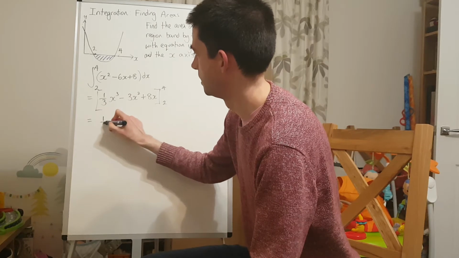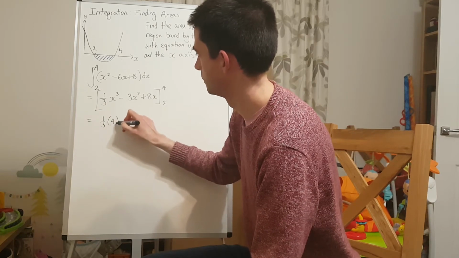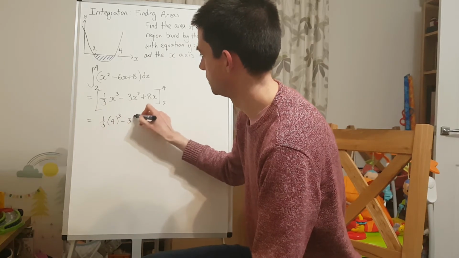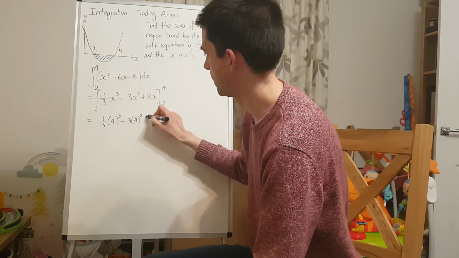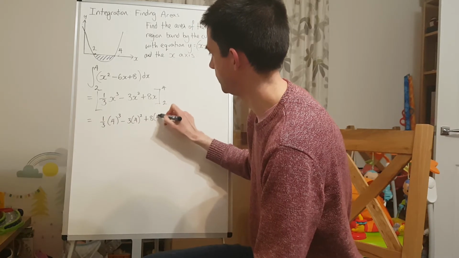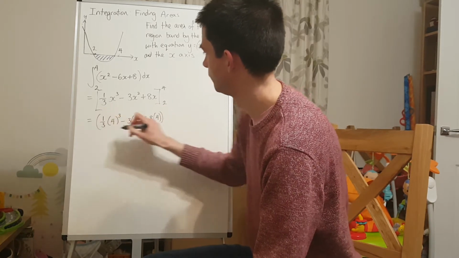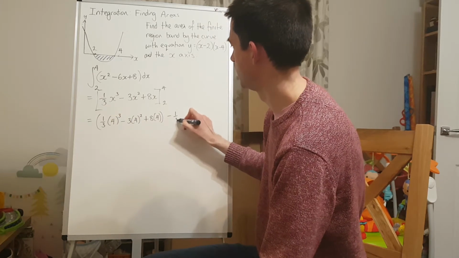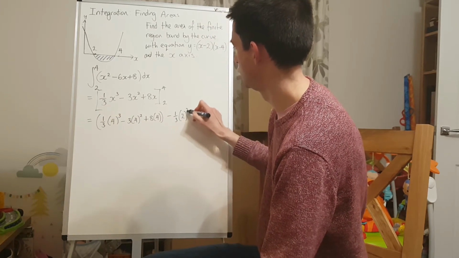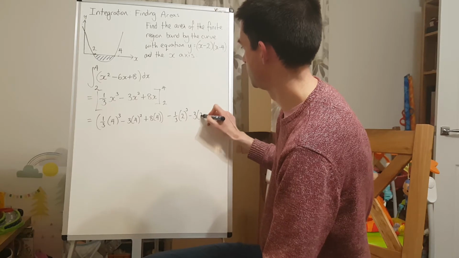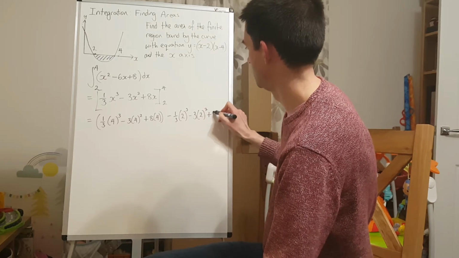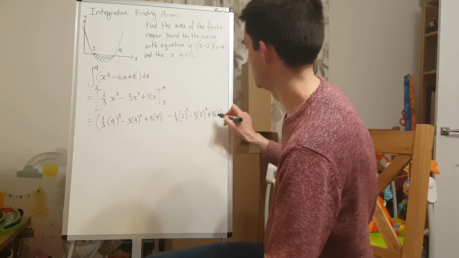So 1/3 of 4 cubed minus 3 lots of 4 squared plus 8 lots of 4, minus 1/3 of 2 cubed minus 3 lots of 2 squared plus 8 lots of 2,